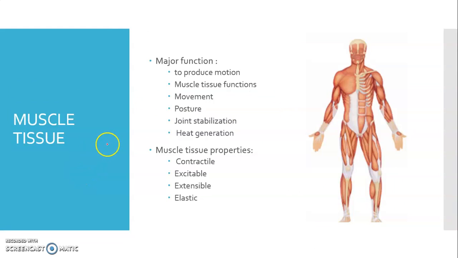And then we go to the next type of animal tissue, which is the muscle tissue. So for the muscle tissue, the major function